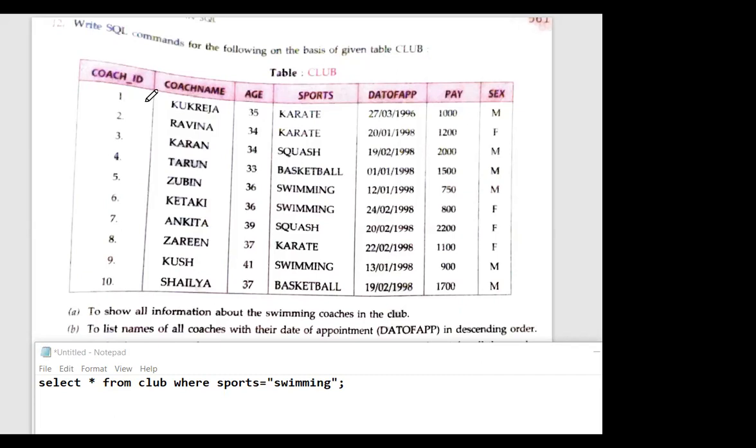Anshika, answer is correct, but after name, don't put that comma. No, that is wrong. Anshika, again it is wrong.